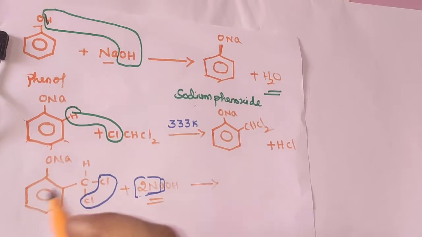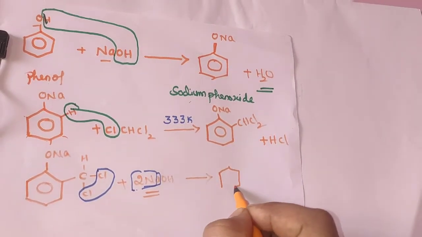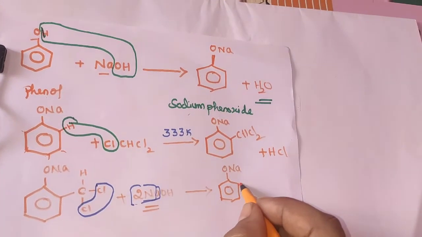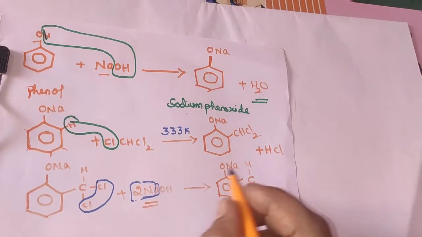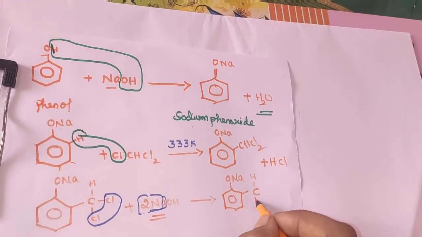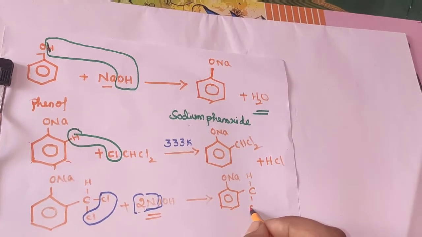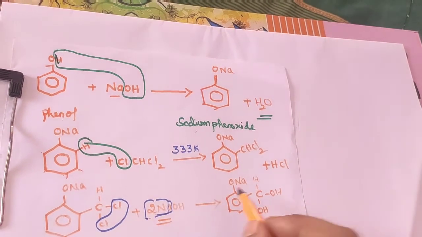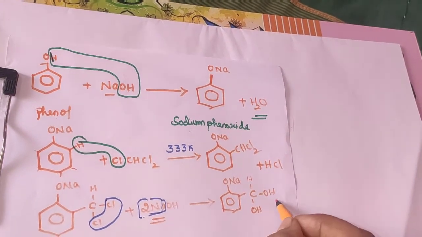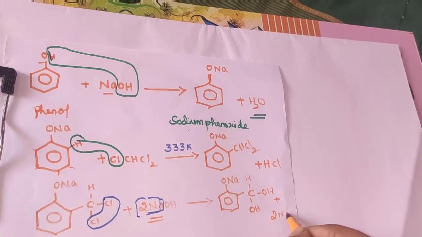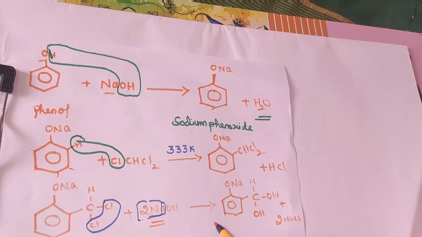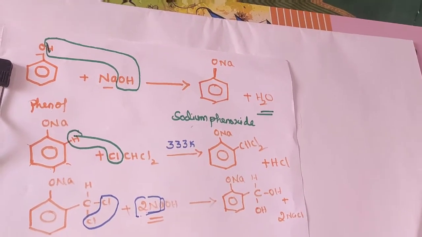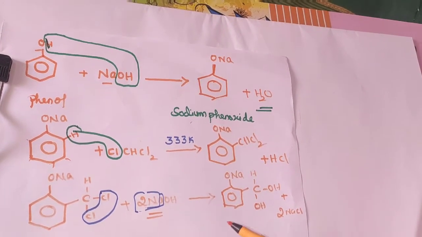Then what will be left here, just you can see, is ONa as it is, then the remaining CH, then 2 OH groups are there, no? So we should write OH twice. Now CHCl2 becomes CH(OH)2, and 2 NaCl is eliminated. So we have almost obtained the aldehyde as a product. Still there will be two reactions. Now let us learn about that.